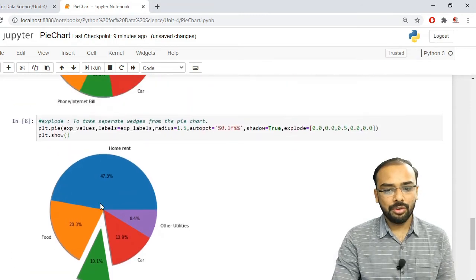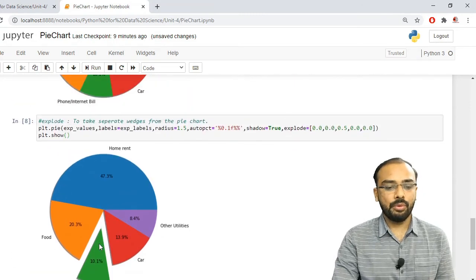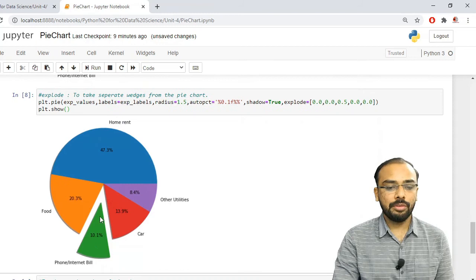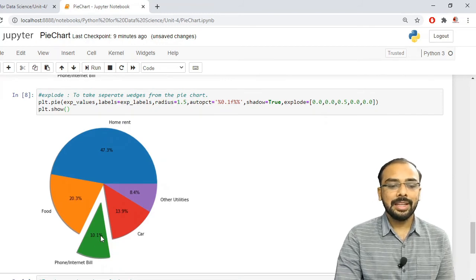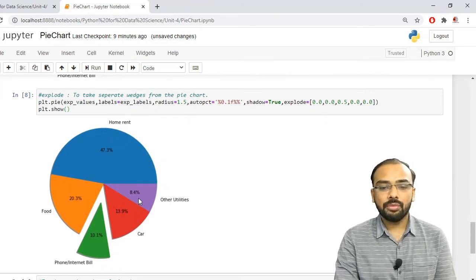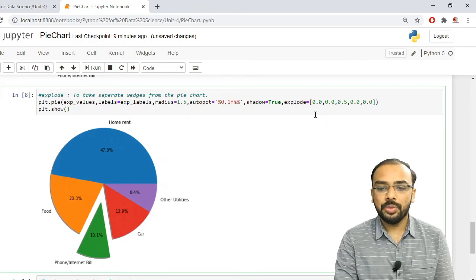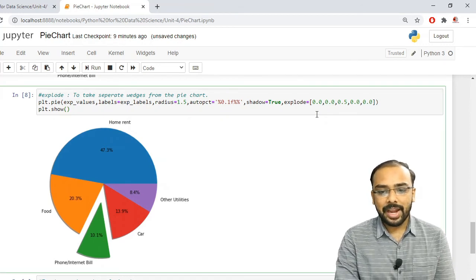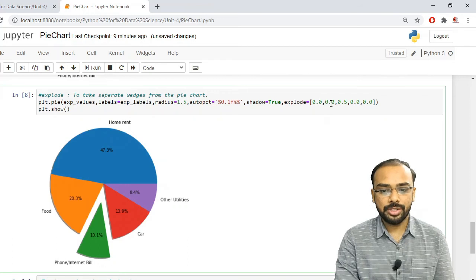What I have done over here is removed the portion that is telephone bill or internet from my original pie chart. For that I have used an attribute named explode, and I have to specify its value. The values go in clockwise direction. So home rent shows 0.0.